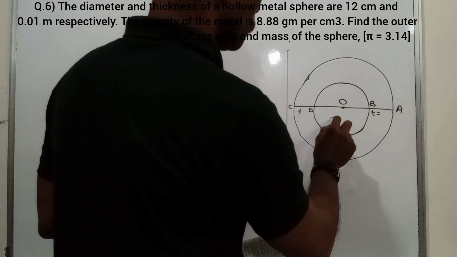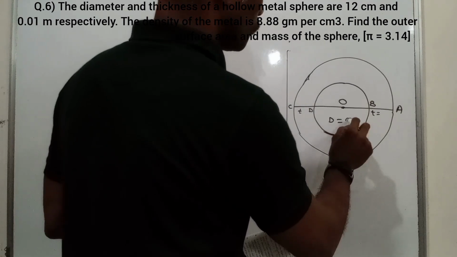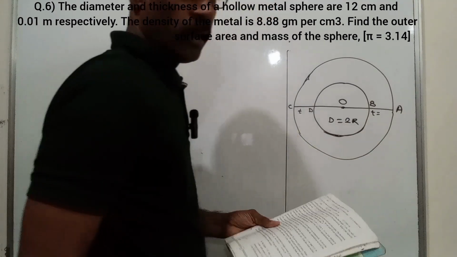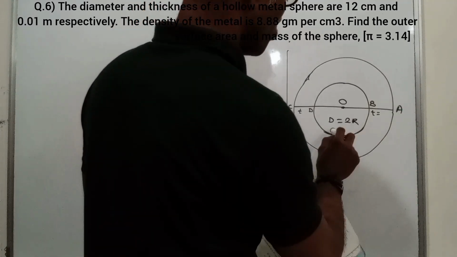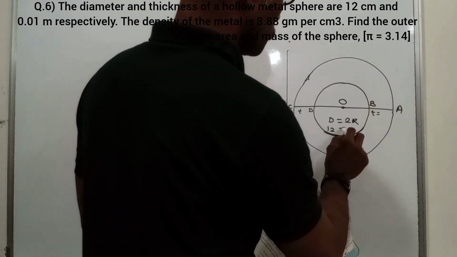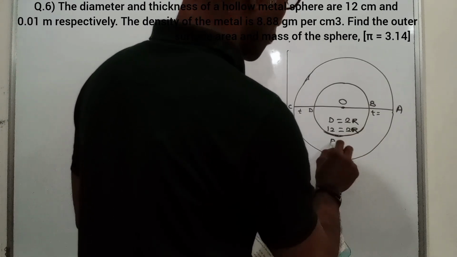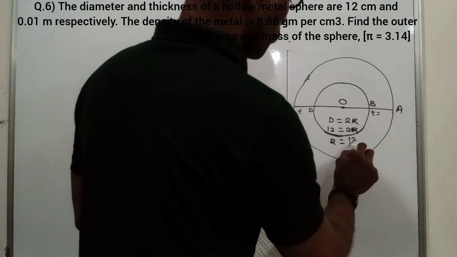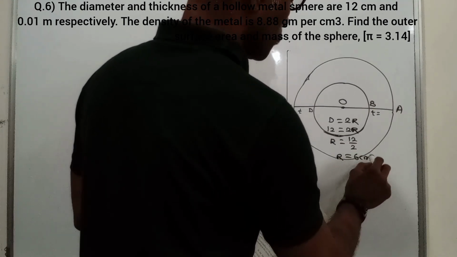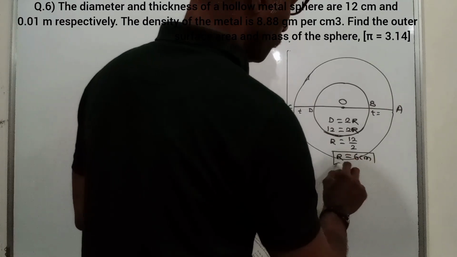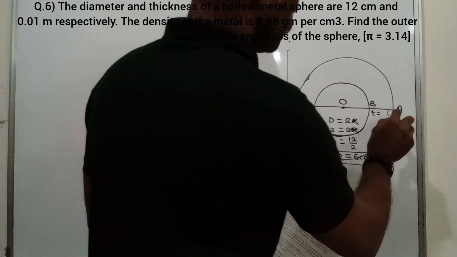Diameter, I will write here capital D, is equal to 12. So we write here 12 is equal to 2 into capital R. Therefore, R is equal to 12 upon 2. Therefore, capital R is equal to 6 centimeter. Okay. Now, and thickness